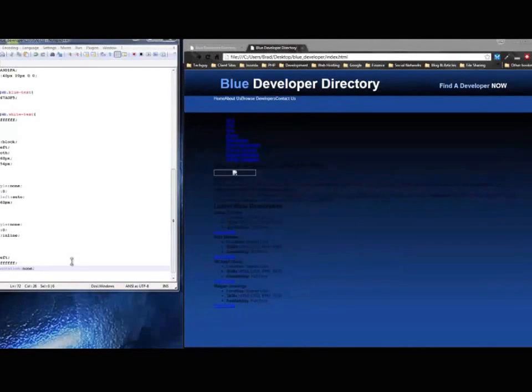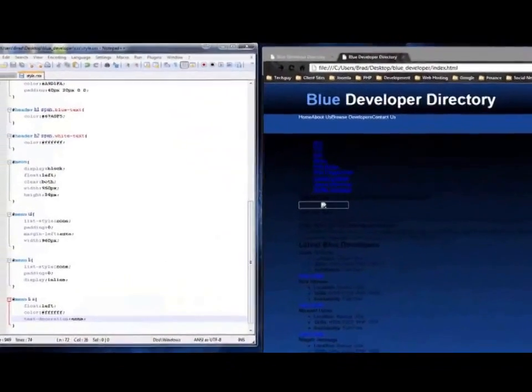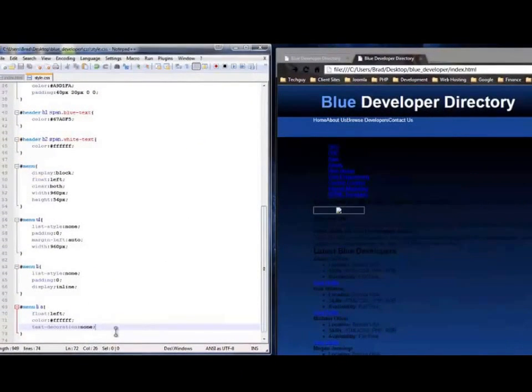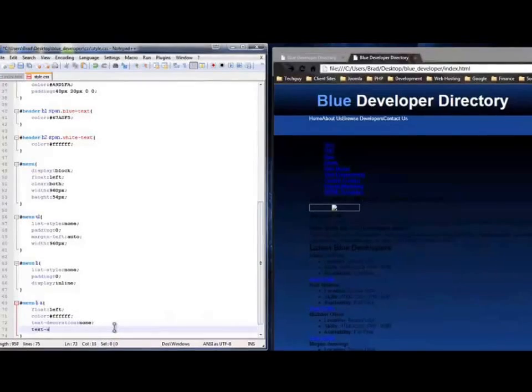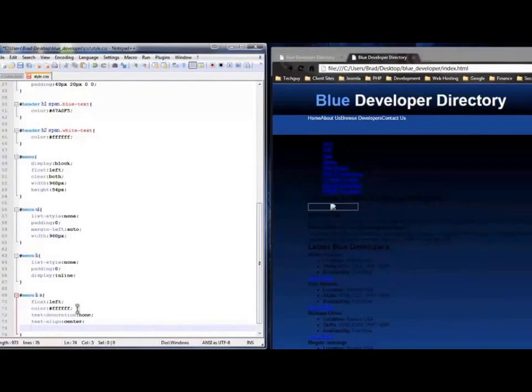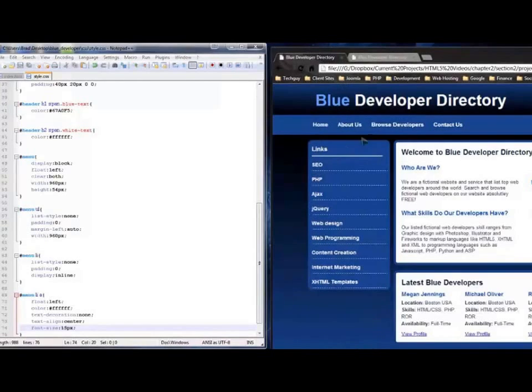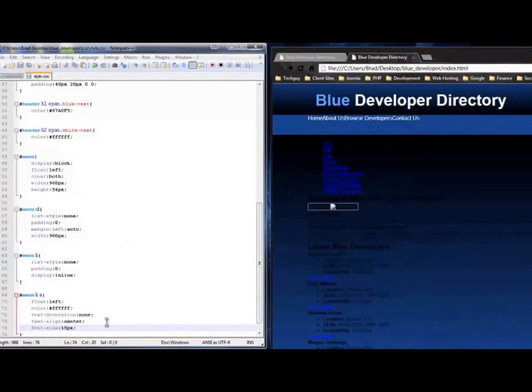Let's see, what else should we do here? Let's text-align center, and let's make the font size obviously bigger than this. Let's say 15 pixels. Save. Let's look at this. Alright, let's bold it. So to bold,